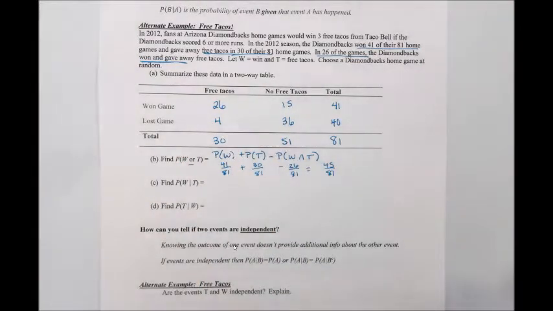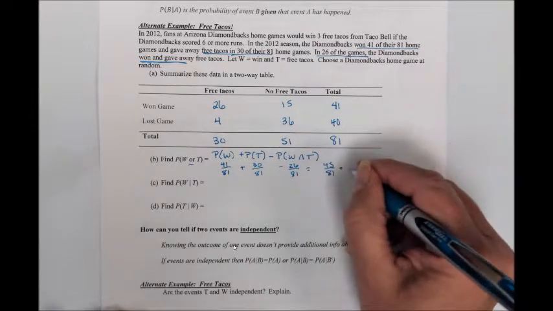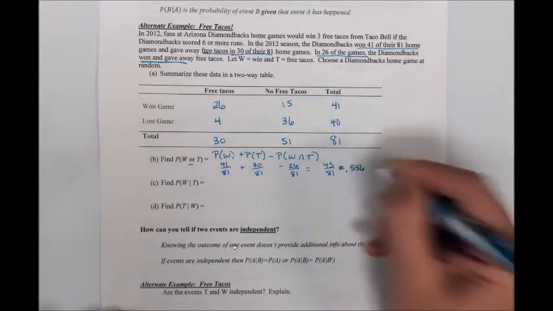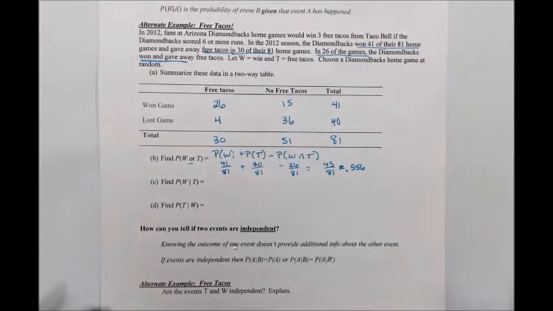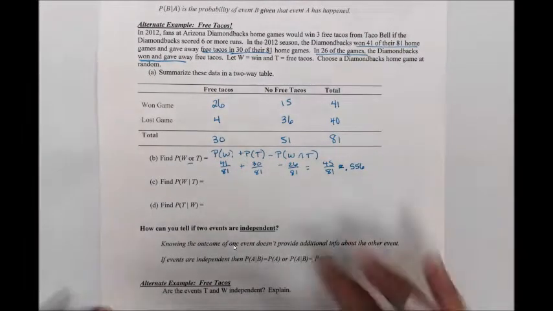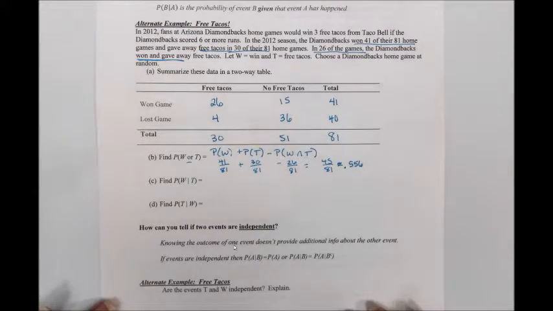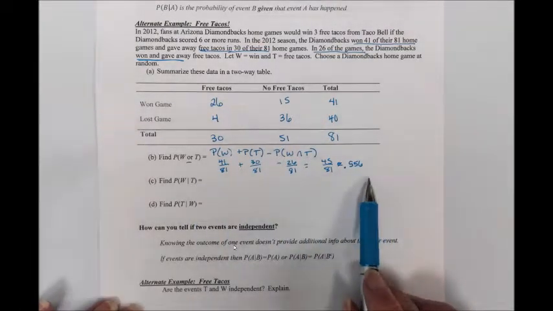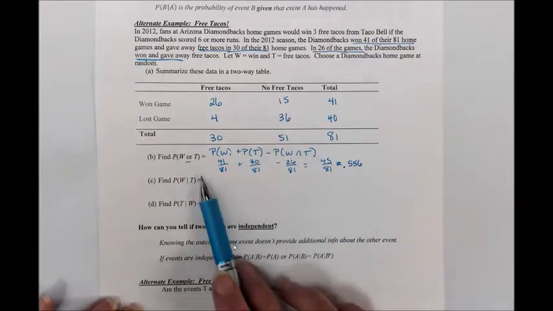So it's perfectly fine to leave the fraction, but you can also change it to a decimal if you want. So if you did divide it out, it would be approximately 0.556. I would go 3 or 4 decimal places, or just leave it as a fraction. That's fine too. Now I used the actual rule from the formula sheet, but another thing that I do is